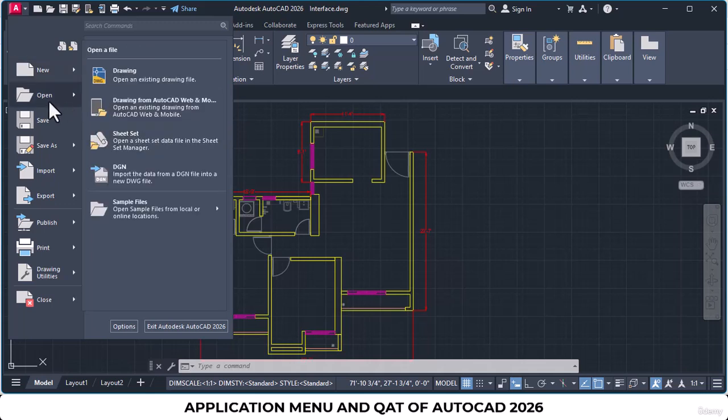Then you get the option to open an existing drawing or to open a drawing from AutoCAD web and mobile, or to open a sheet set data, or to import the data from a DGN file into a new DWG file, or to open sample files which AutoCAD has provided to you.